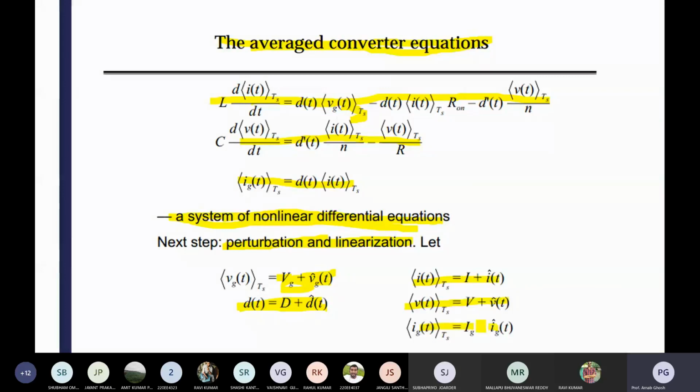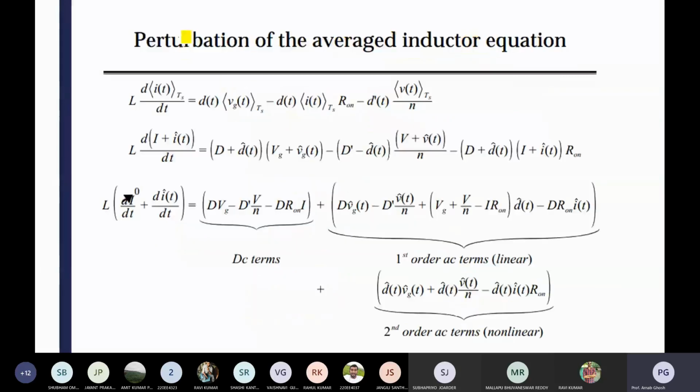Now you have just replaced all those expressions in these equations. So the perturbation of the average inductor equations, and finally if you replace them, for the inductor current you can see it is a generalized equation. It was an equation for the flyback converter, the inductor voltage equation in terms of the inductor current expression. Then you just replace I with I plus i cap, then d, then Vg. All those things you have written over here, replacing the values like your previous calculation. So finally multiply them. I is the steady state value, so dIL/dt should definitely be constant. Then you will get it the same way.